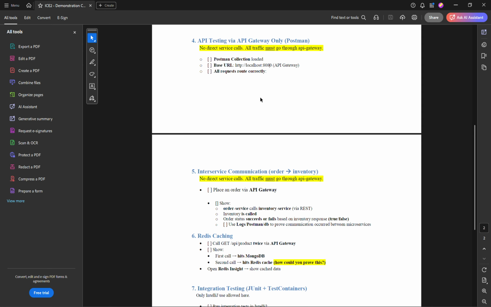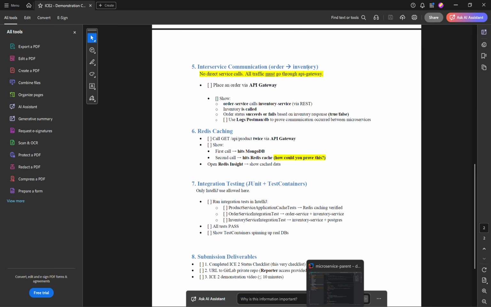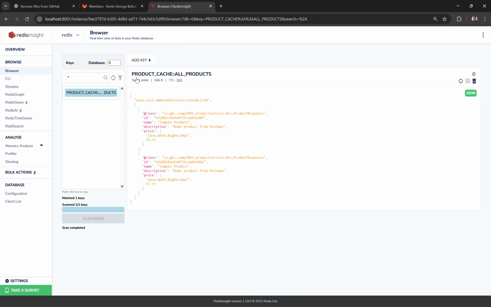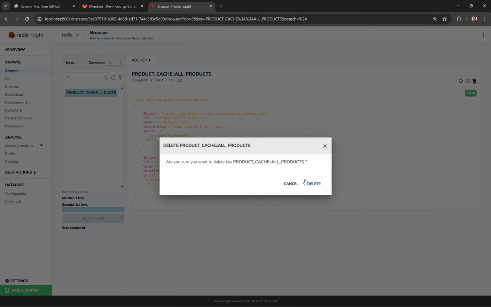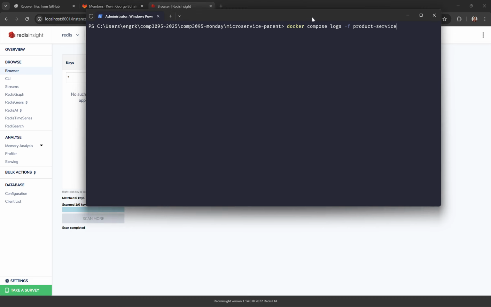So the Postman requests that we did earlier show the inter-service communication between our order and inventory. So we're done with number 4 and number 5 as well. And then next up is our Redis caching. What I have here is our Redis Insight, opened already earlier. We're going to delete this first, and then check our Docker,